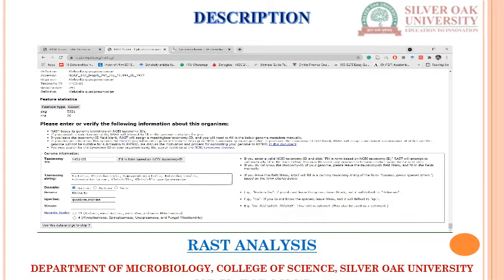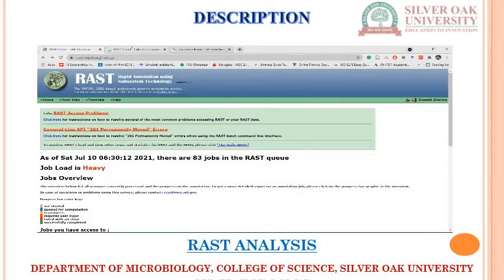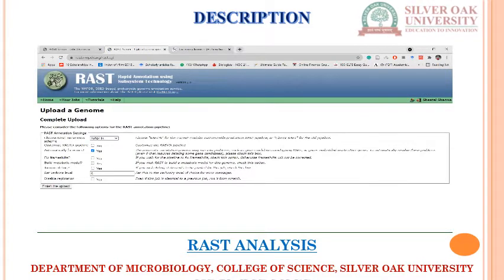So if you are submitting any sequence and you know that it is E. coli, then you have to type 562 and it will fill in the form on the basis of NCBI. If you don't know the strain, then 11 by 4, Archaea, most bacteria, virus. So it is bacteria, so I will click on the 11. Use this data and go to step 3. Okay, until step 3, it's done.